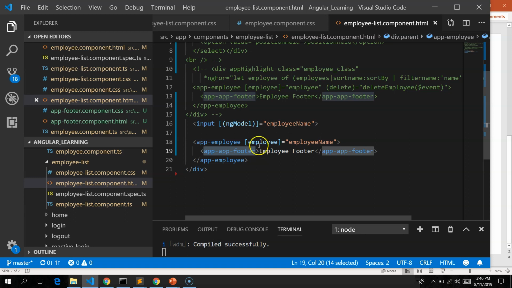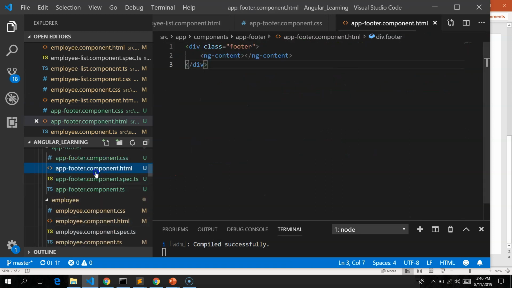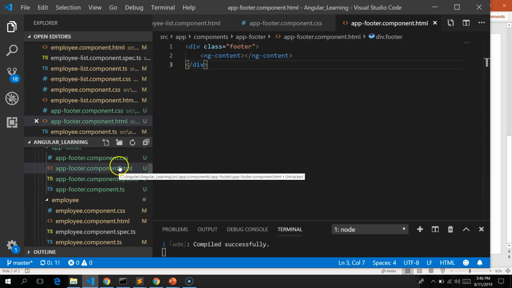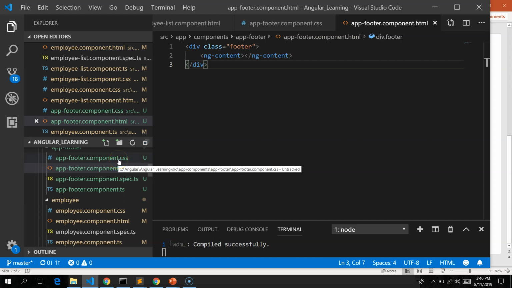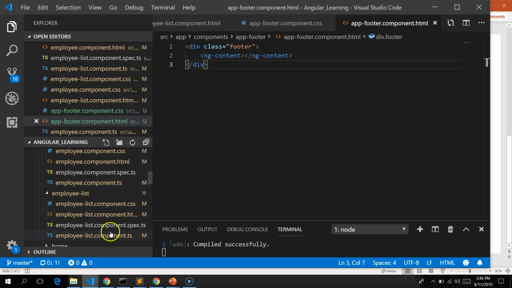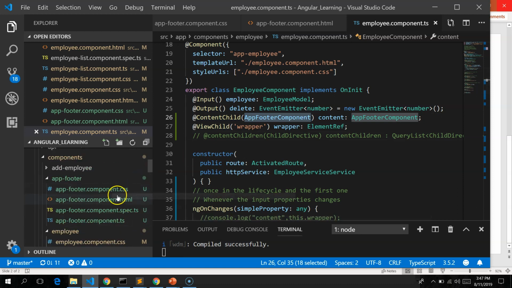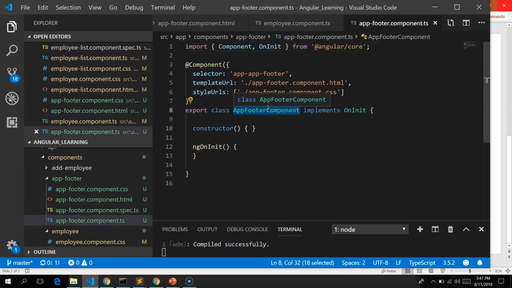So I have tried to inject a component. Inside the component, I have put employee footer. This component basically is having only ngContent, so I am trying to project this content from the parent to the child, in the employee component. This is the name of the footer component which I try to project from the parent to the child,